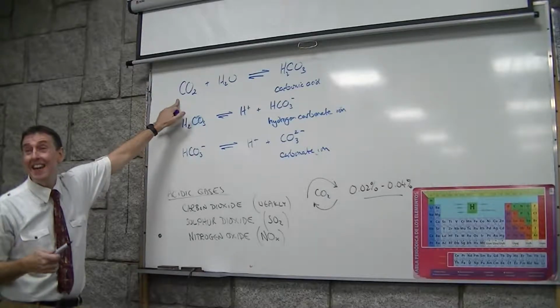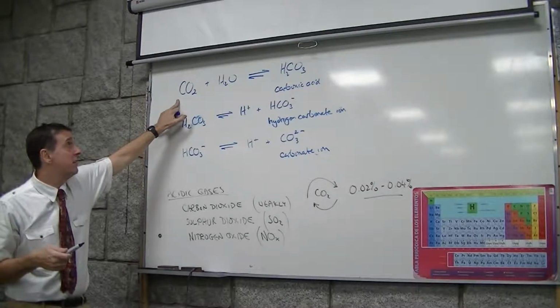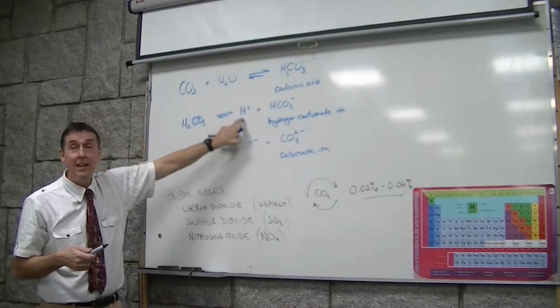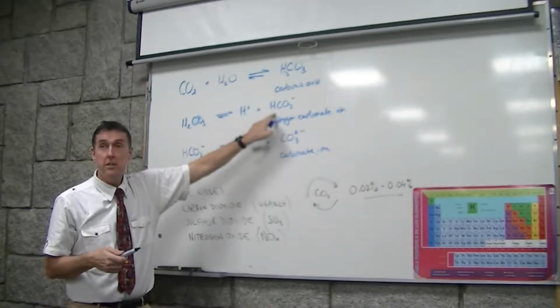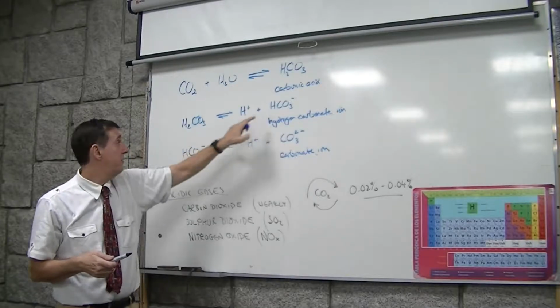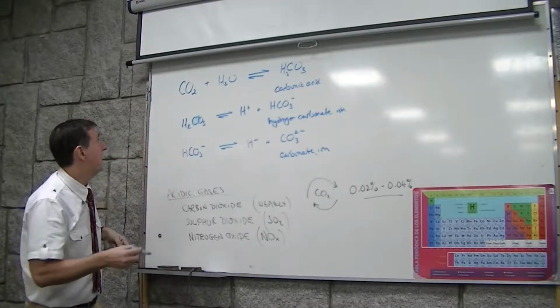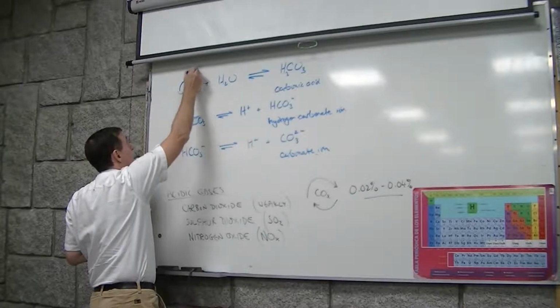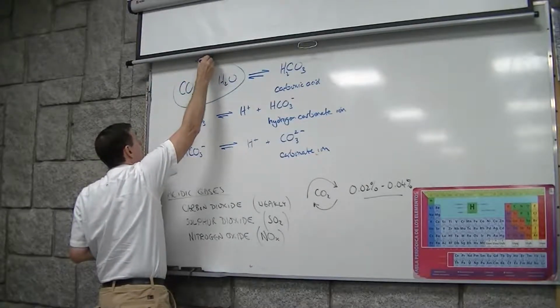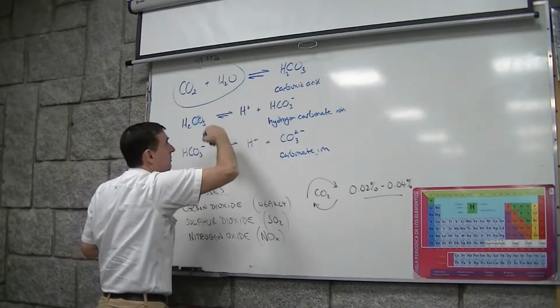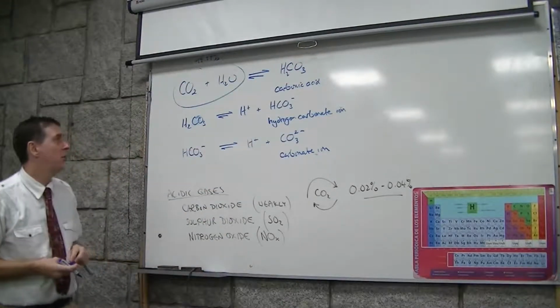But of course, if there is any base, any OH minus, the OH minus will react with any H plus ions, pulling the equilibria to this side. So although the equilibrium is virtually 99.99% here, we can still, by adding base, make it go all the way to the other side.